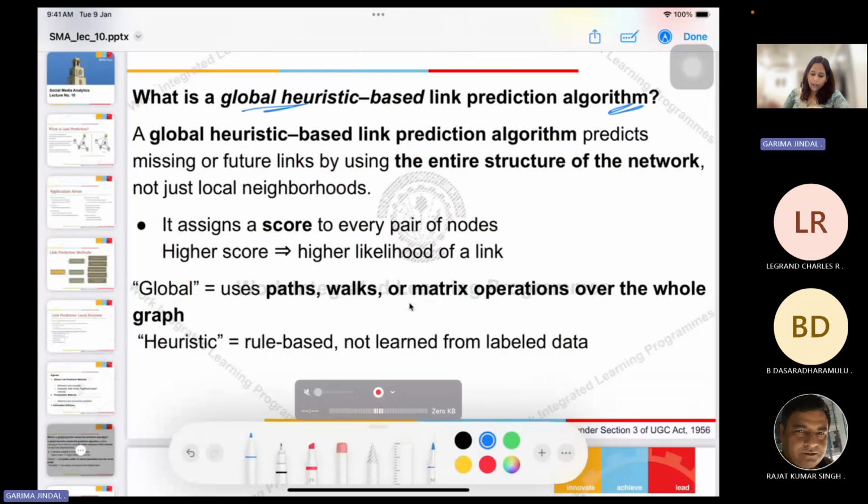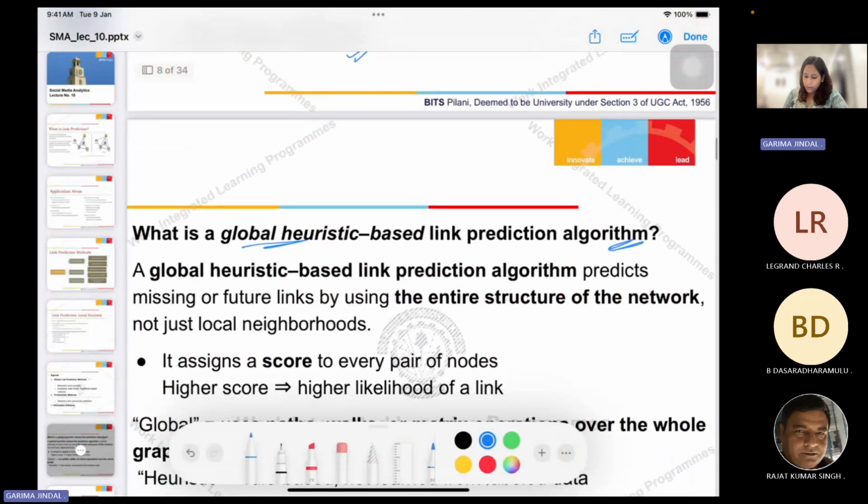All right. So you have seen that, suppose I have these two nodes and I want to predict whether there is a link between these two nodes or not. Now in local methods, mostly we try to see how many common neighbors there are, and then based on the number of common neighbors, we try to identify the link. The more common neighbors, the higher the probability that there will be a link between these two